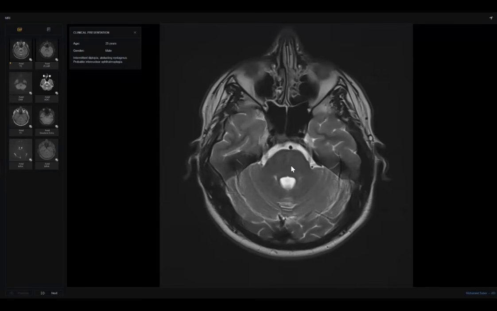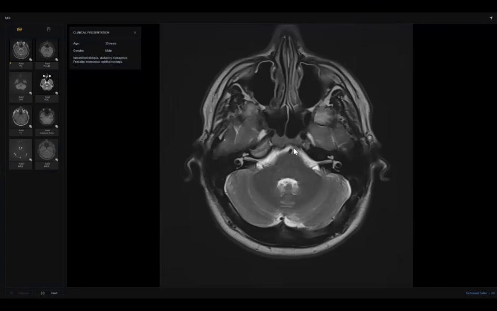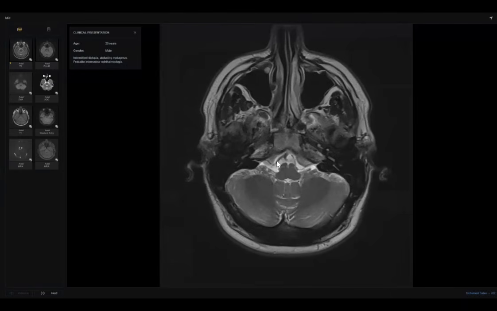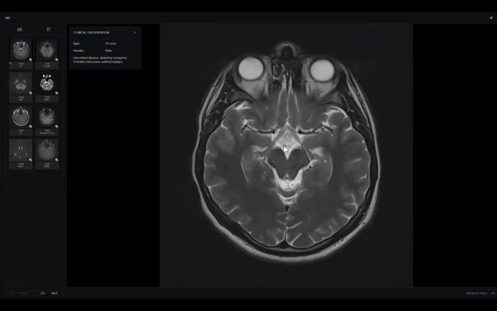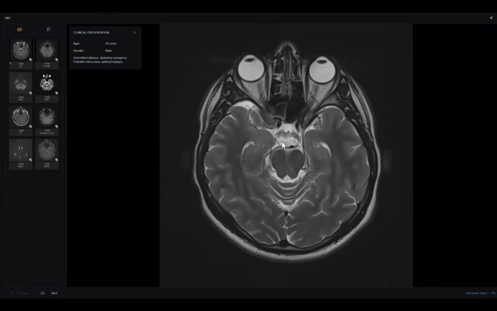I'm unable to appreciate the persistent trigeminal artery in these cuts. Maybe at this level? Yes, this one. So this is the expected location of,